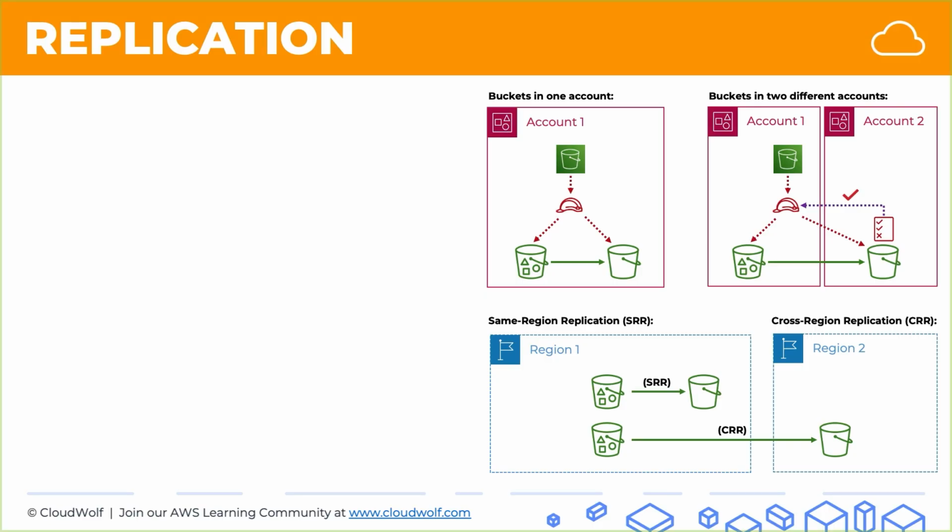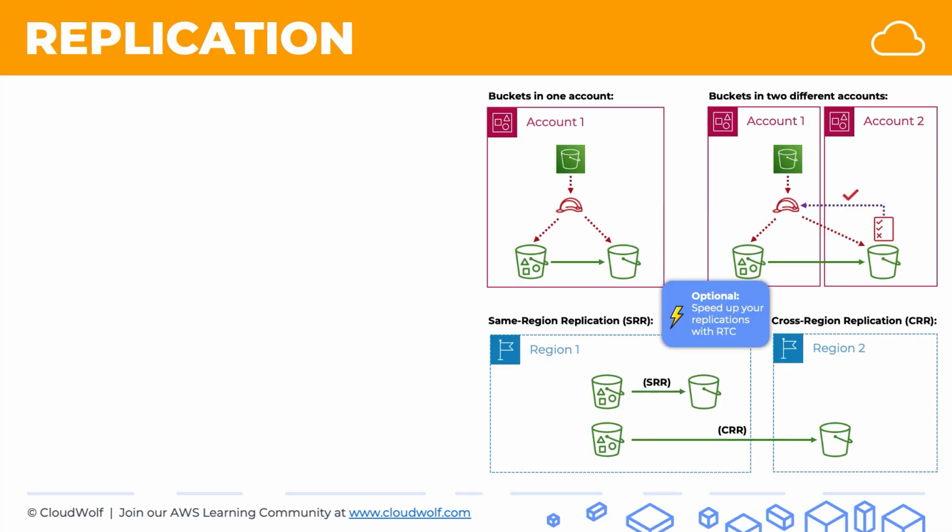And one final thing about replications: when you're setting up your replication, there's a setting which you can enable called RTC, or replication time control. Basically, it allows you to speed up your replication if you like. It's an additional fee, so remember that for the exam, it's an additional fee, but it does allow you to speed up your replication. And if you do enable it, then most of your objects will be replicated within seconds, and it ensures that 99.99% of your objects are replicated within 15 minutes. So that's all we need to know about